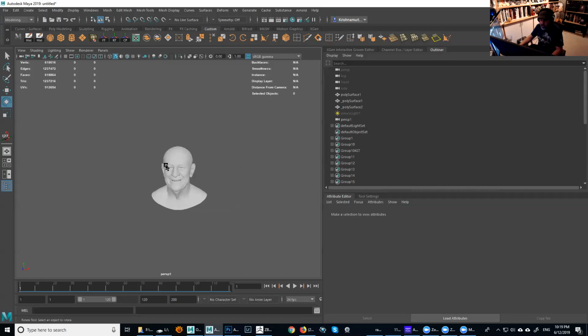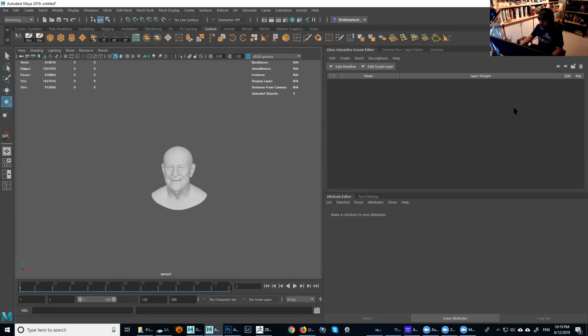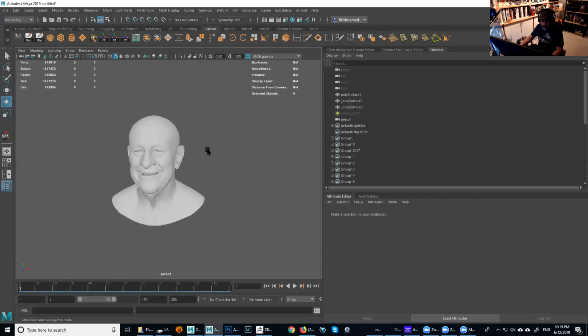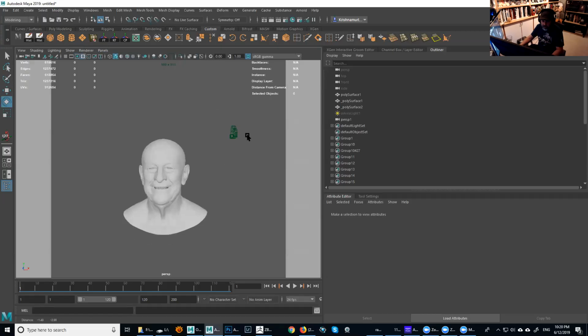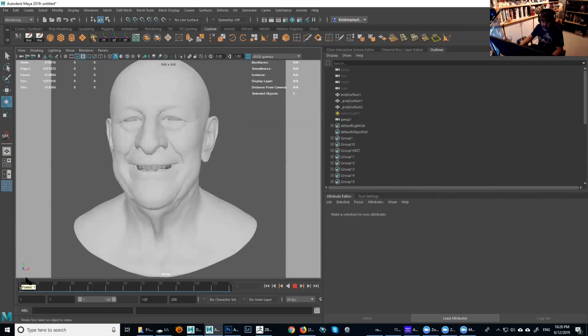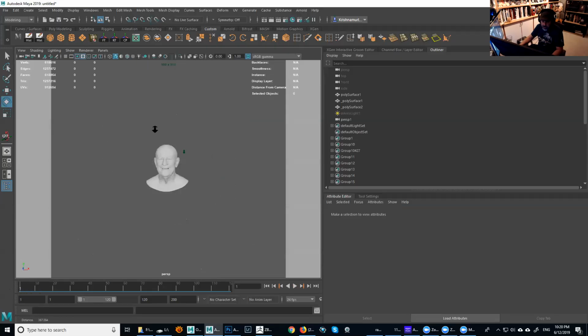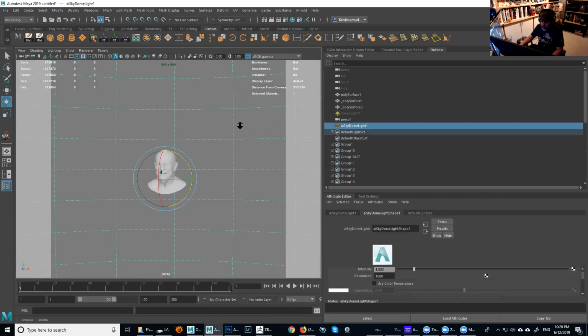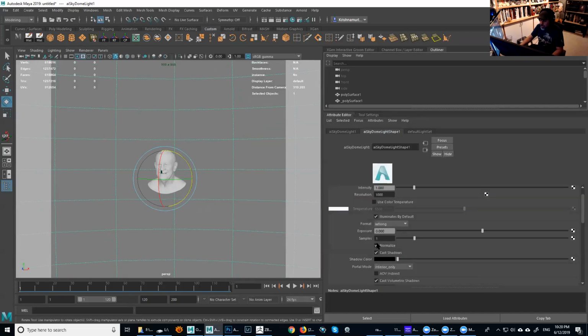And then basically what I'm using here is this workspace called XGen Interactive Groom. I like this one because I have access to all my grooming here, and also the outliner and the channel box and everything in one place. So I like this little environment. I'm gonna go back to our actual camera, which is perspective. I have the frames saved here, so I don't need to worry about missing anything. So I'm gonna go and create a light, sky dome light. And now we already have the basics of the entire thing here.